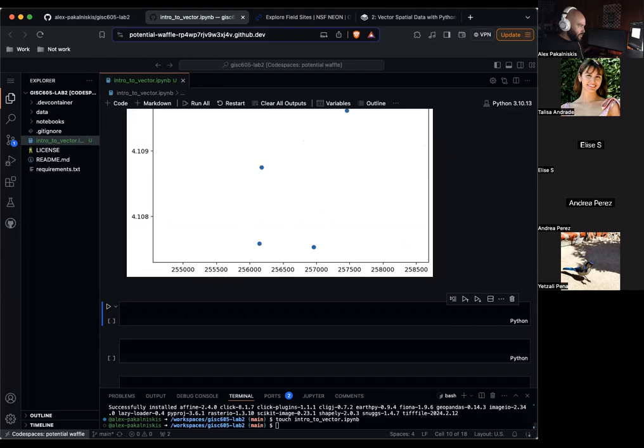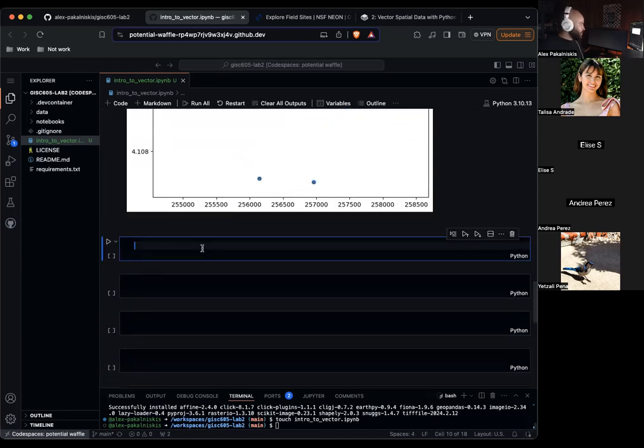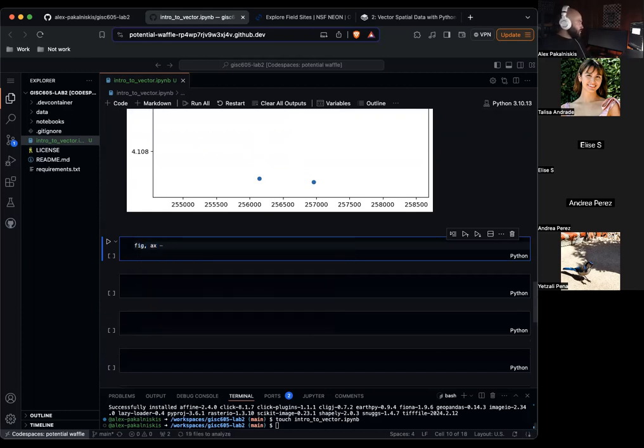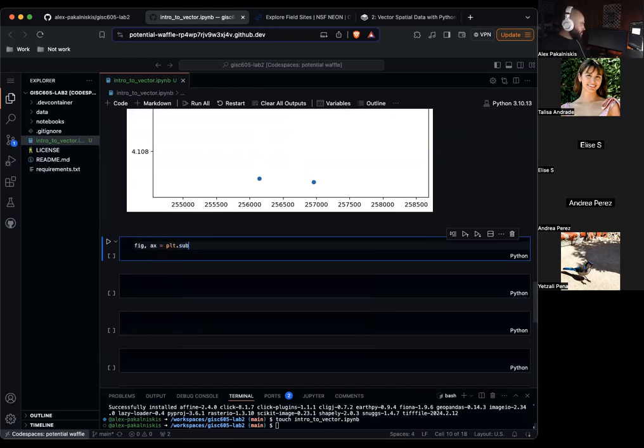So let's skip the following one because it's kind of identical. But now let's actually plot using one of the categories contained in the data set. So plt.subplots, oops.